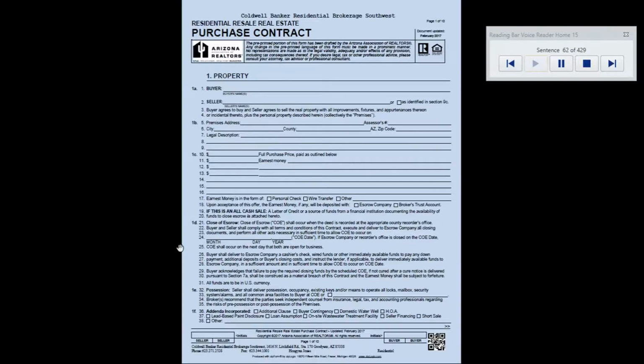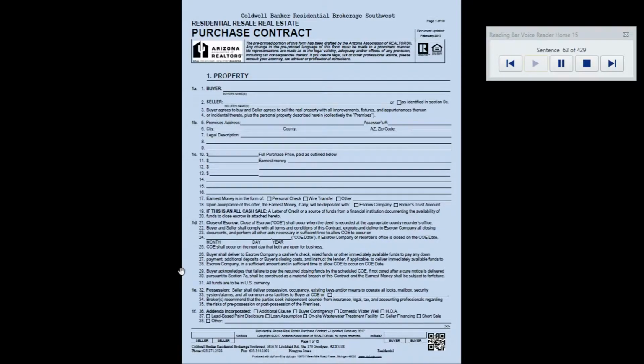Buyer shall deliver to escrow company a cashier's check, wired funds or other immediately available funds to pay any down payment, additional deposits or buyer's closing costs, and instruct the lender, if applicable, to deliver immediately available funds to escrow company, in a sufficient amount and in sufficient time to allow COE to occur on COE